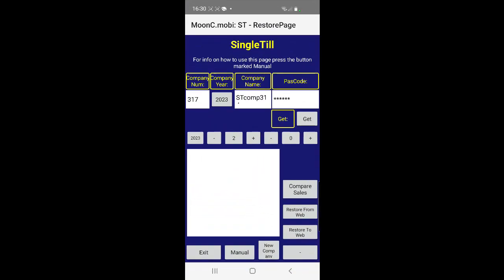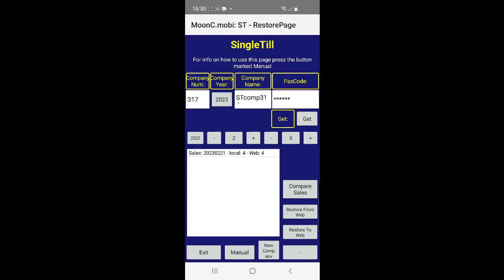If you press the button restore, you will see some of these details, obviously not the passcode, and you can also do a comparison on what's stored in your backup and what's on your device. So I can do compare sales, and it will now compare every day for the month displayed, and you will see that there are 4 sales stored locally, and there are equally 4 on the web.